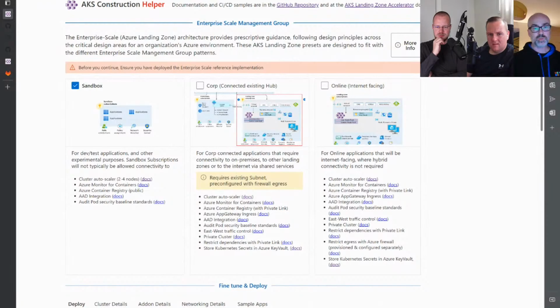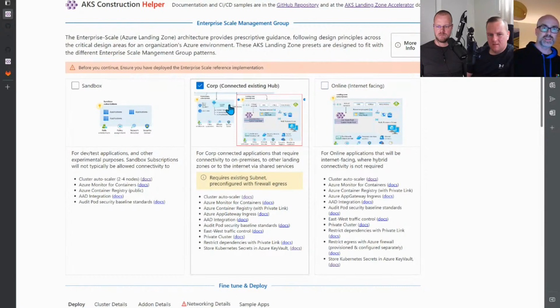When we were working with the landing zone team around this to try and dovetail this as best we can, we thought the best way to do that is by speaking in the same language. So the presets are very focused on those same setups. We've got a nice warning about making sure you've deployed into the reference implementation, that big diagram we started the session with. And then you specifically choose, I want a sandbox, I want something that's connected to Corp, I want something that's internet facing. And then you've got this big shopping list of presets that hang off the back of this as well.